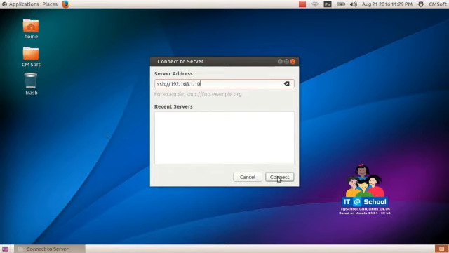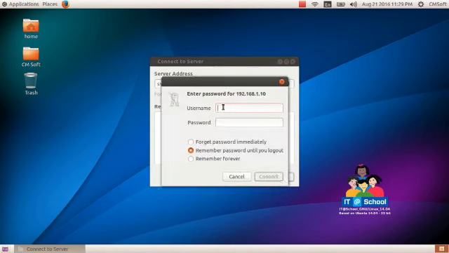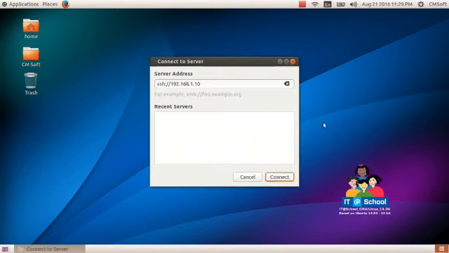Type the server address, then connect, then give the network username and password of the system, then connect.